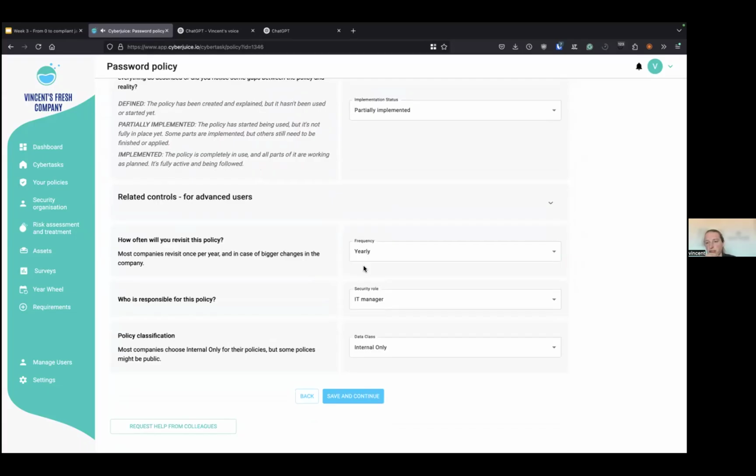Here, I think this comes back to the question you had, Bodil, about how often you want to revisit. I think the password policy, especially with the current hackers, we want to do that every two times a year. We just think this is such a big policy, and we found so many risks in our risk assessment related to passwords that we think this is really important. The IT manager will be responsible for this policy, and you can also define